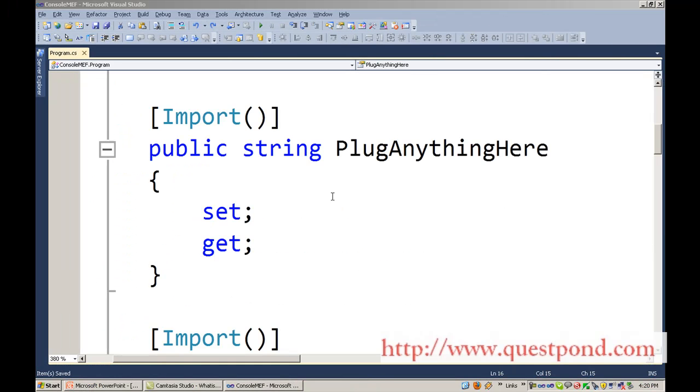Now one of the questions which will come to your mind is regarding the contract. At this moment we have defined the contract as a simple .NET data type, that is string. But in real time, you would like to define a contract which is more stringent. In other words, you would like to define something like a customer contract or a supplier contract. So you would like this import and export to connect via a predefined contract, like an interface. One of the good points about the MEF framework is that you can define, rather than defining such simple